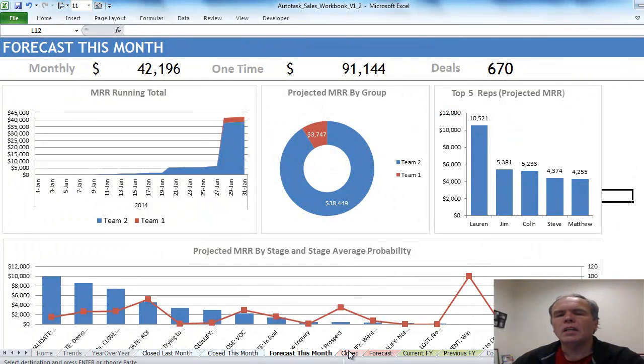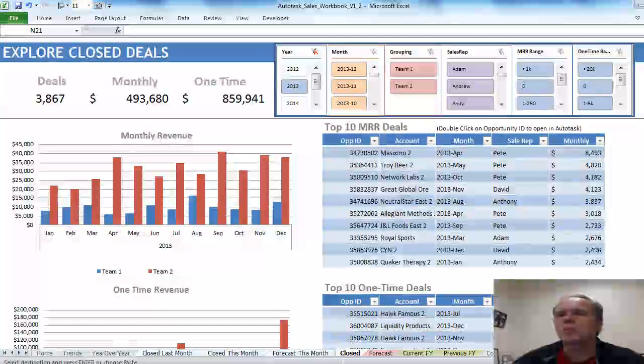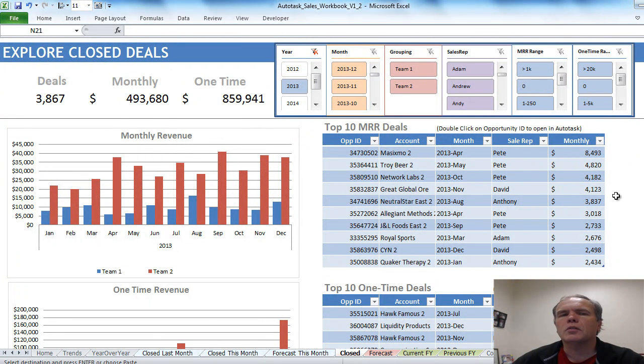Now, one of the things that people often want to do is not only take the information about what closed and what is forecasted, but do the exploration. And so we provide an Explore screen. And if you haven't used the Explore screen before, the Explore screen will use a series of slicers where you can slice the information that's presented, and then provide information that's both graphical and tabular to show what's happening in that period. You can see here I've chosen 2013, and it's showing me the monthly and the one-time revenue for